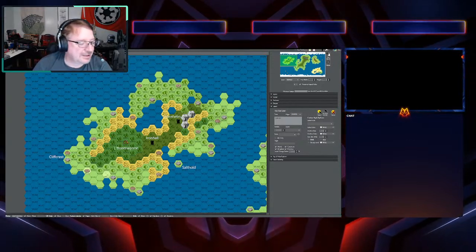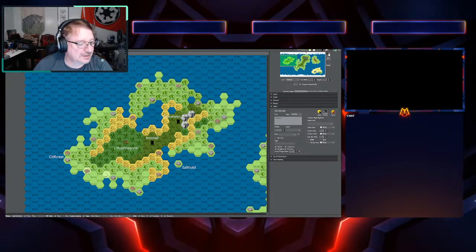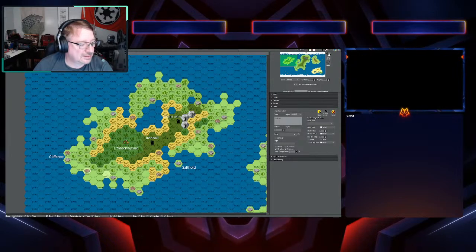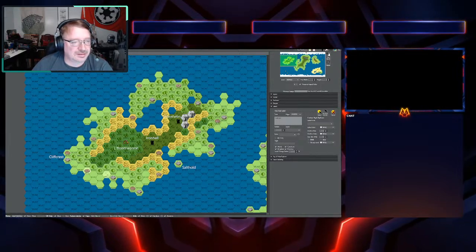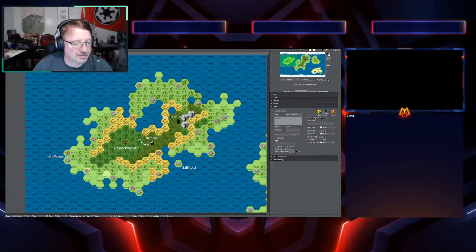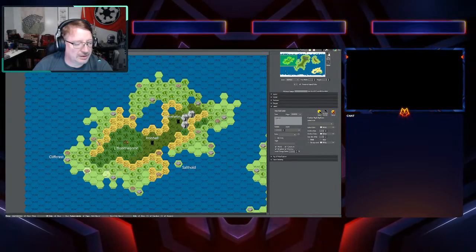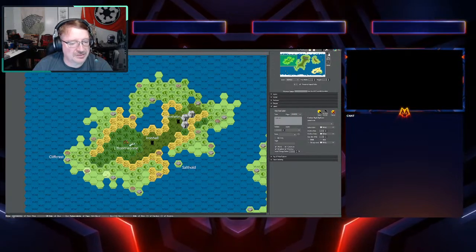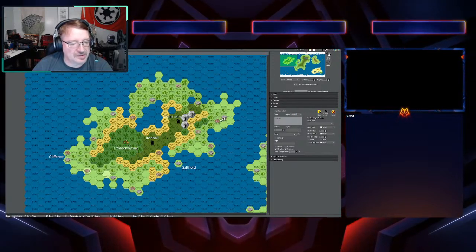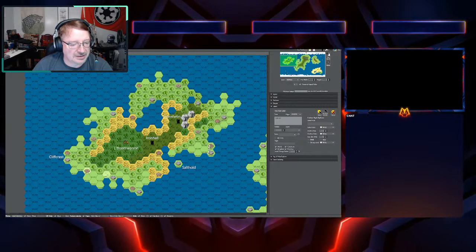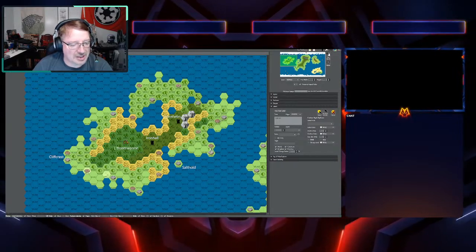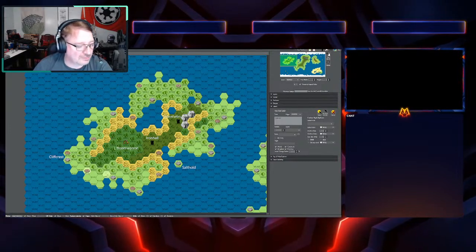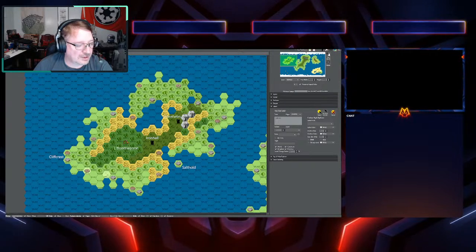And then what do we want to label? I'm looking at how my towns are laid out. I might come over here and zap one of these. Although these castle / towns serve as a good defensive point for